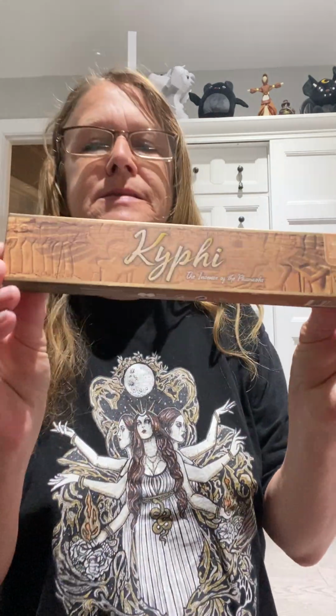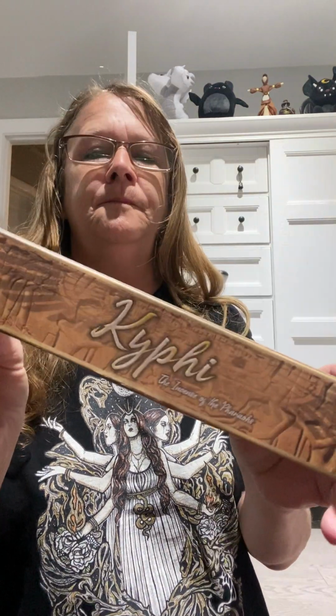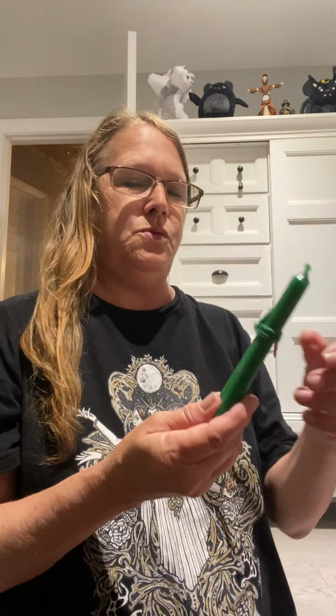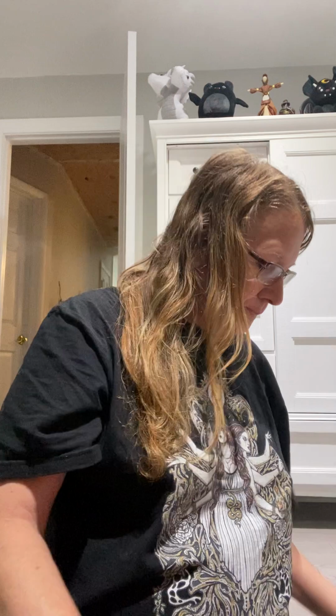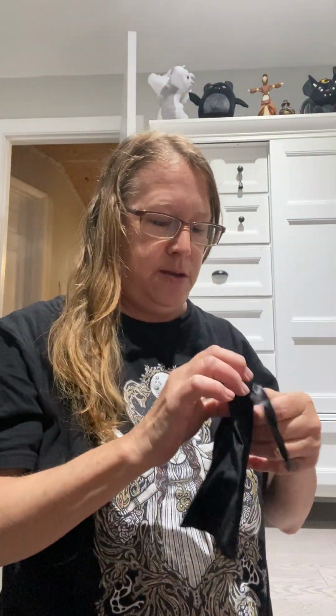Alright, so right on top we have incense. I'm not even going to butcher that name. Then we have two green chimes with a clover on it. We have this black velvety sachet. And in here we have,